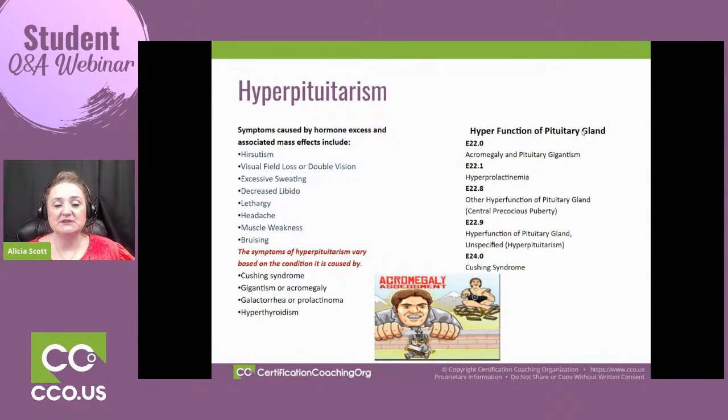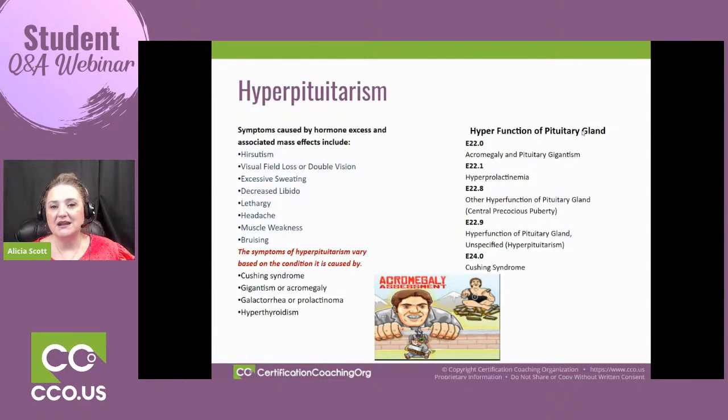The signs and symptoms, I went ahead and put these in there for you because you're going to see them in the documentation. The big ones that you should be aware of is anything that happens with the eyes, excessive sweating, the decreased libido, lethargy, headache, muscle weakness, and bruising. That's very, very common. I see that in the documentation a lot. And they are the symptoms of